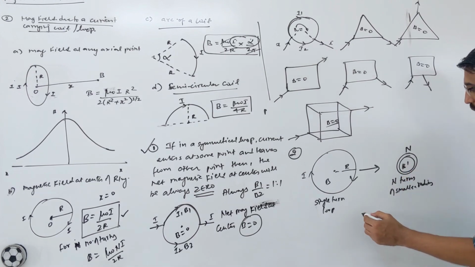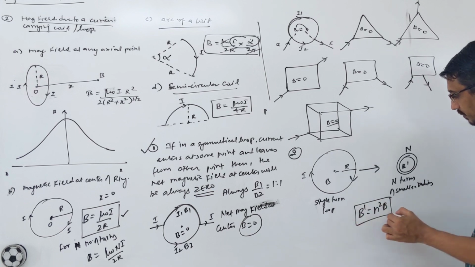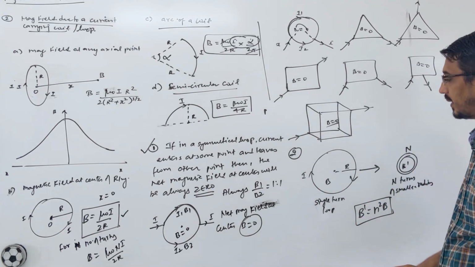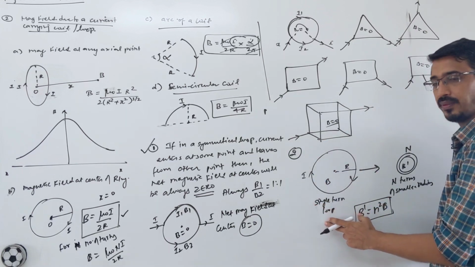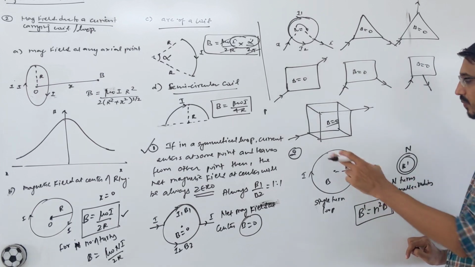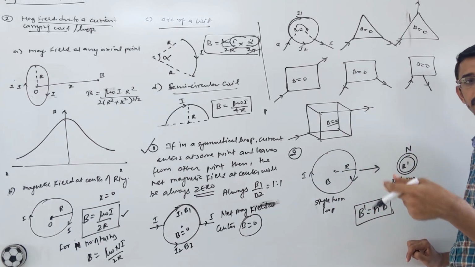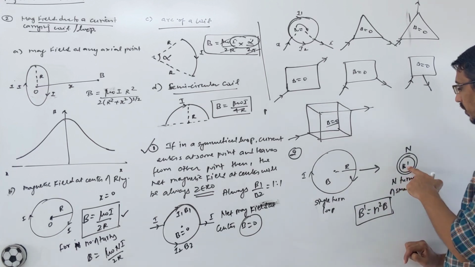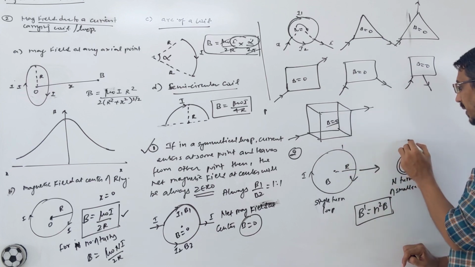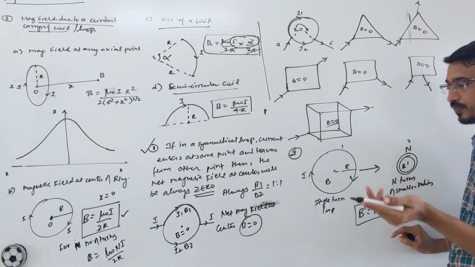B dash. So the shortcut is this: B dash is n square times B. You have to write carefully in your notes that if a loop of single turn is made into a smaller n number of turns, we have one turn, a big loop, and we make it into small loops like 2 turn, 3 turn, 5 turn, then the magnetic field is increased by n square times. This was one loop, you made it 2 loops, then the magnetic field becomes 4 times. And why is this happening?